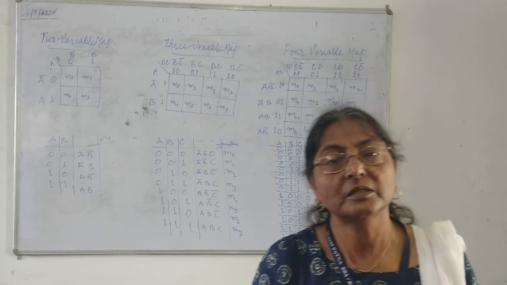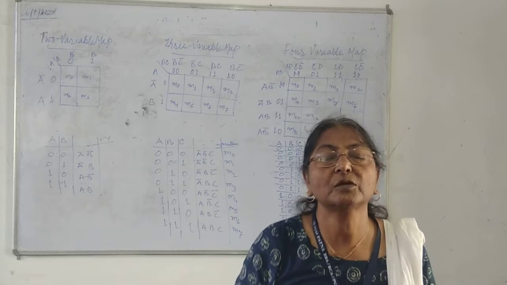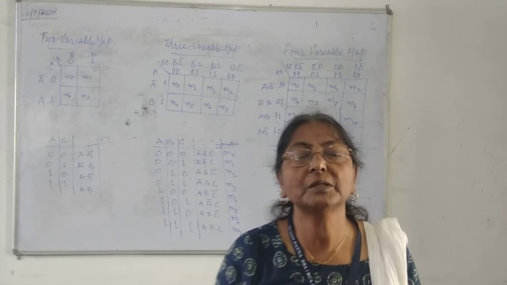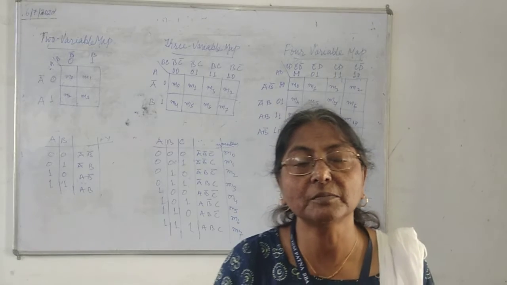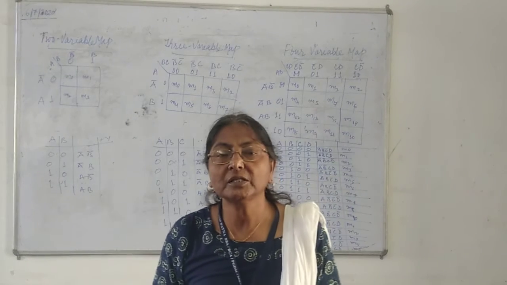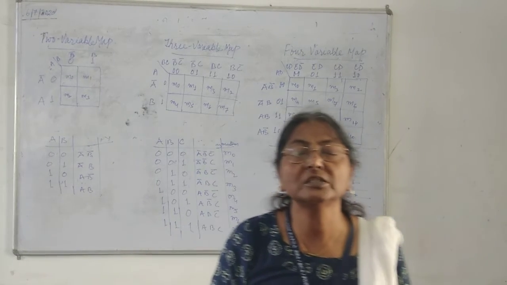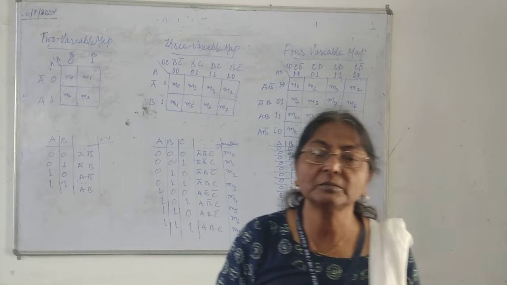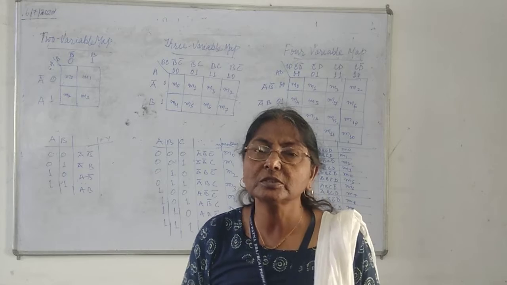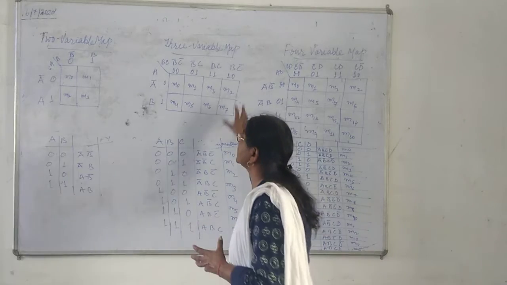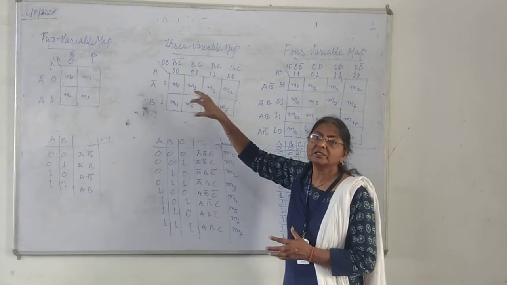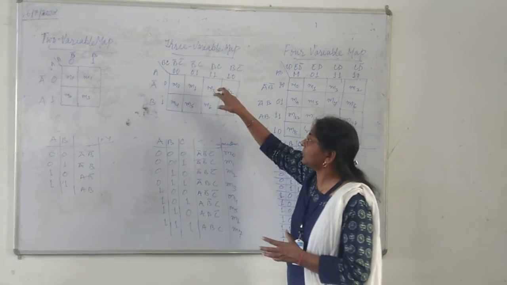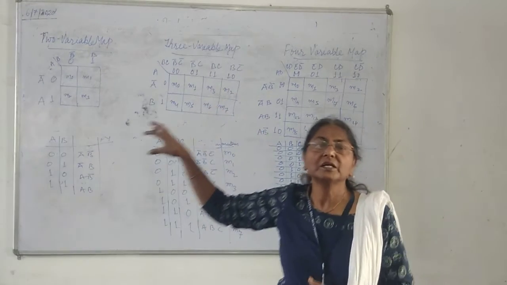But when you study the gray code, you will find there is only a change of 1 bit between any 2 consecutive numbers. It means if I am writing 3 and 4, I have to make a change in only 1 bit. If I am writing 8 and 9, I have to make a change in only 1 bit. And gray code is used for circuit design. For K-map addressing, for giving an address to each cell, each square, we always use gray code.